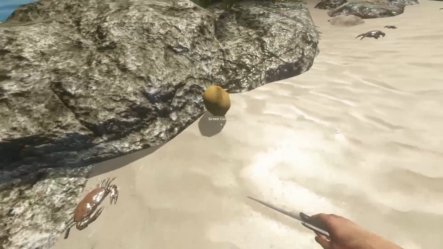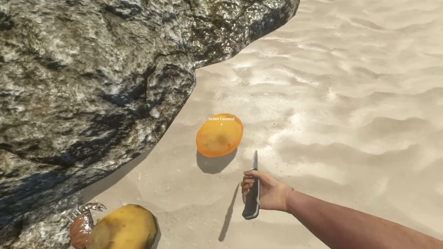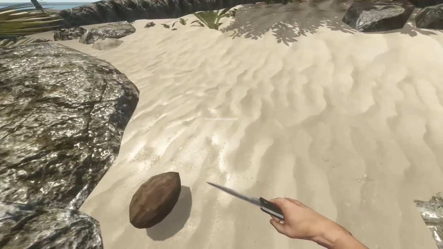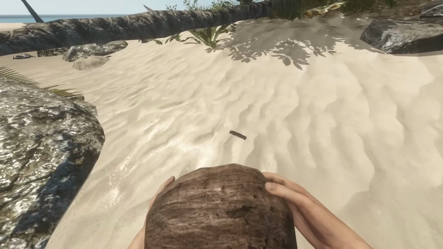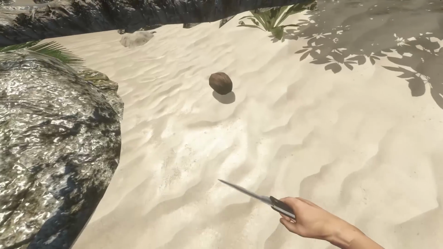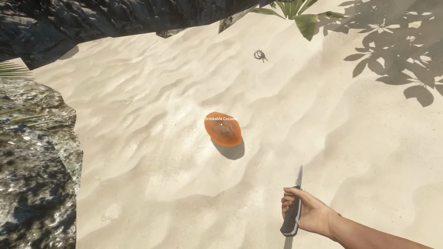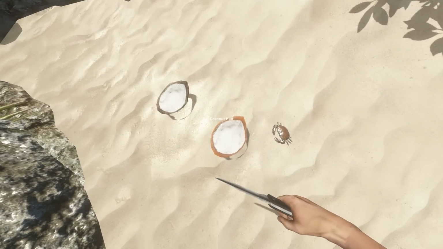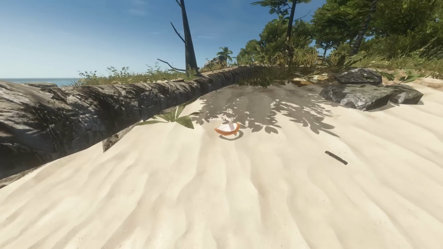Alright, so someone told me, and I forget your name, so I do apologise about that, but you can drink from the coconut, and then you can split it open again. There we go. And then